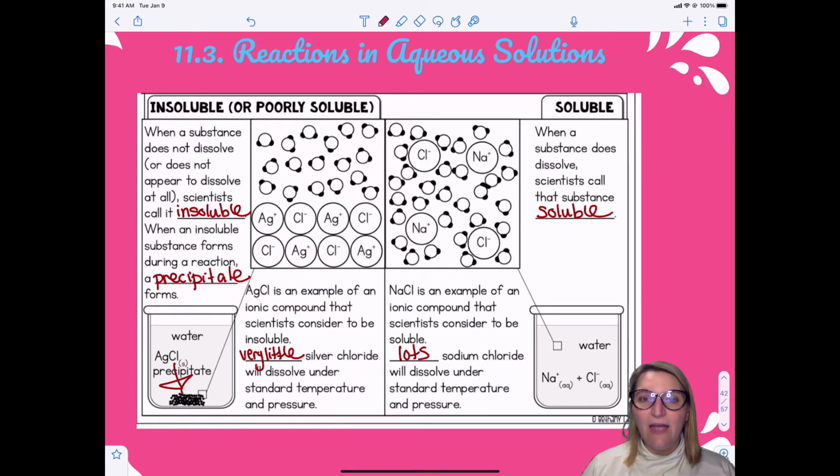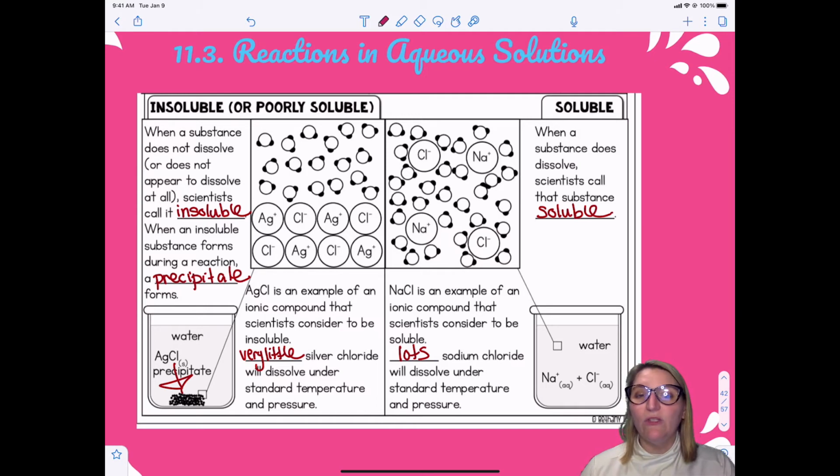The AgCl is staying in its crystal lattice, right? It's staying in that rigid geometric pattern. It's not forming any hydration shells. The water is completely separate from it. And if we were looking at it, you would actually see silver chloride. It's white. You would see white powder forming on the bottom of the beaker,